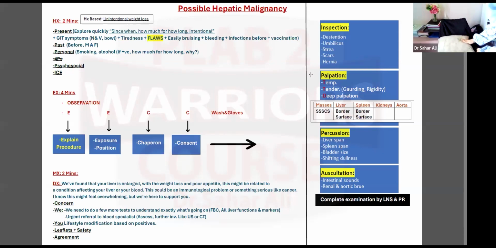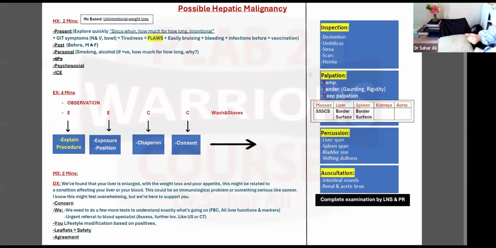Okay? Looking for any tenderness. Okay? Tender here in the right part. Okay? Let's say this is the left and this is the right. Okay, so the liver is here. Then the patient might tell you, doctor, it's tender here, so there is tenderness here. Okay,